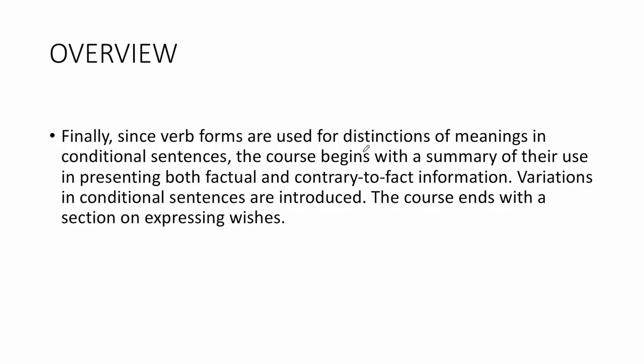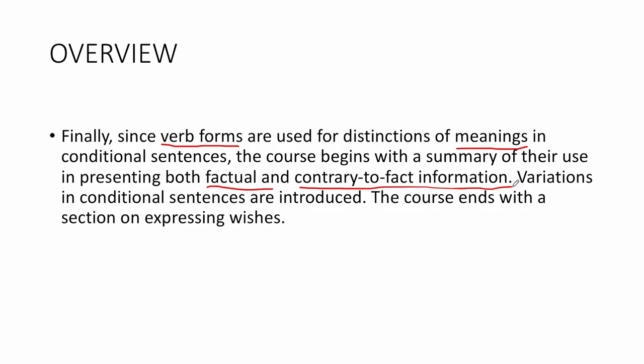We will deal with conditionals type 0, 1, 2, 3, and go through the changes in the verb forms and the meaning of the conditional sentences. Sometimes you can have factual information, sometimes contrary-to-fact information. For the moment I'm not going to give the details, but this is what we're going to cover during this